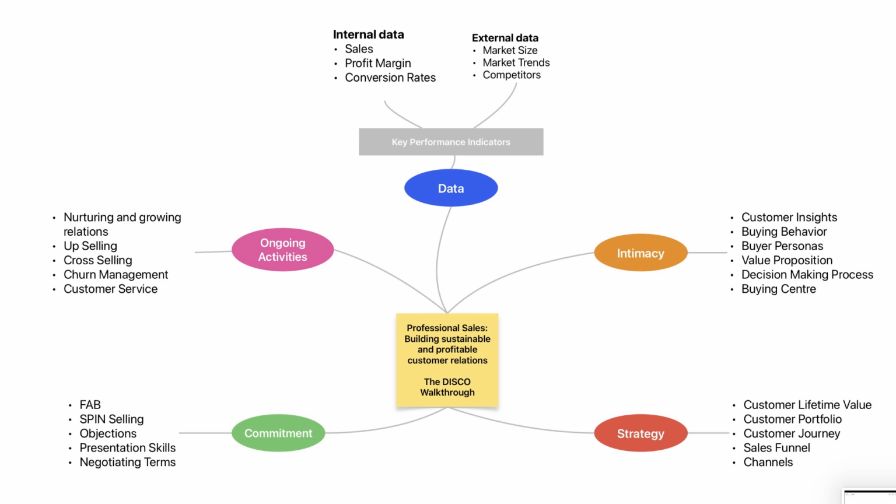When a sales team successfully merges that hard data analysis with genuine psychological insight, they become more than just vendors. They become strategic advisors, consultants really, both to their customers, helping them solve real problems and, importantly, back to their own company, informing product development and strategy. They're not just facilitating transactions, they're actively co-creating sustainable value. Moving from transaction facilitator to strategic partner. That's the real mastery. That's the journey. And we'll explore it further as we dive deeper into each letter of DISCO in the next tutorials.